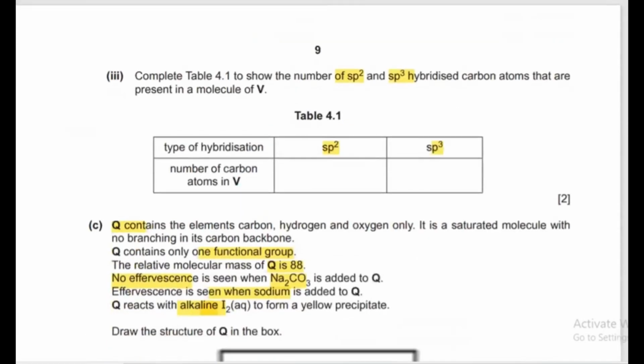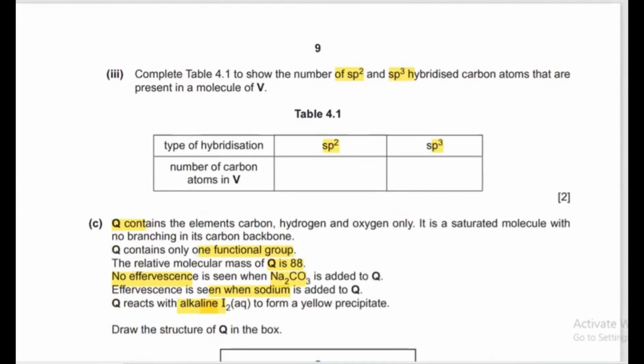Then the next part is about the hybridization. Complete Table 4.1 to show the number of sp2 and sp3 hybridized carbon atoms. sp2 hybridized means the carbon must have 3 electronic regions. So just check the electronic regions. sp3 means 4 electronic regions. Now, if we look at the V,